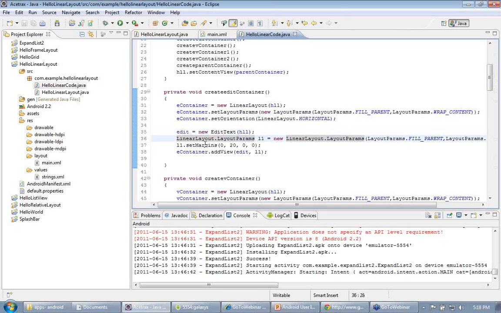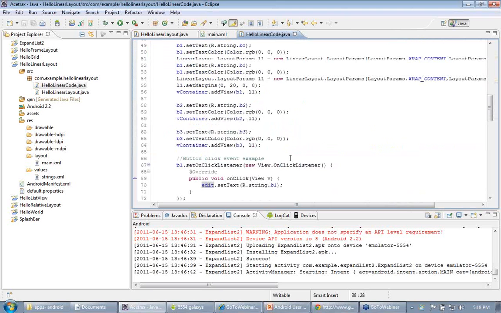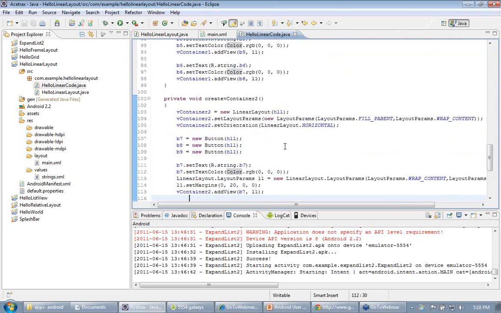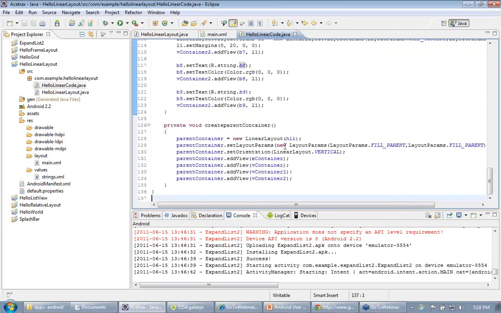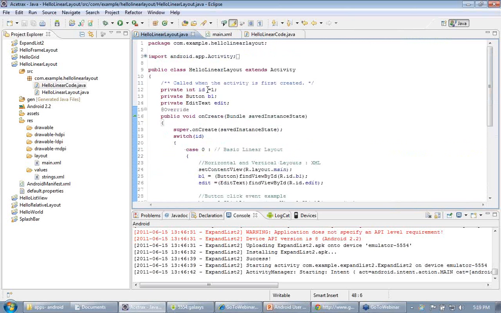We have a layout parameters class, then we are setting the margins and adding the container to our main linear layout. Similarly, we are doing it for other containers. At the end, we are adding it to a parent container. You can see here that we add all the containers in the parent container. And if I run this program also, you will get the same output.